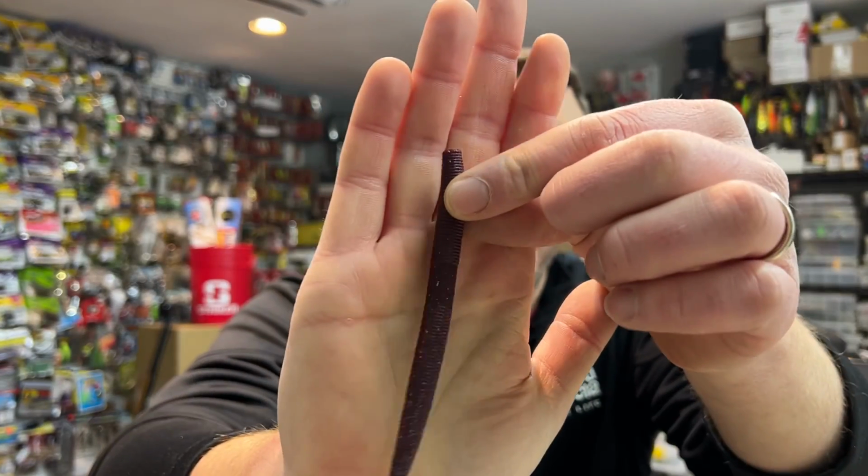So this color is very much like an oxblood color. It's not a traditional purple, and I find that this color excels in both clear water as well as dirty water, and therefore this would probably be my go-to color. It's one of the first colors I grab no matter where I'm at. Generally speaking, I think most people would say a green pumpkin color is ideal, but this specific purple color, which is a very hard color to get right now in The General,